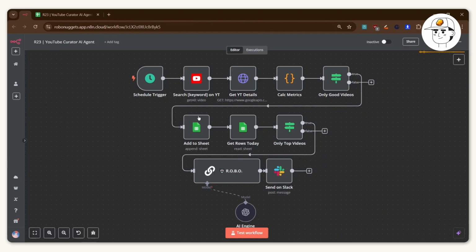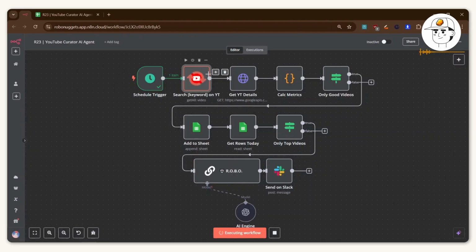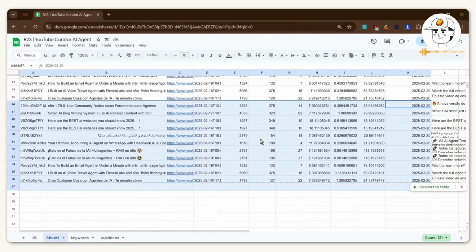Because what this AI agent does is you give it any keyword in your niche. It scours the whole of YouTube for videos uploaded in the past week. Then from those hundreds of videos, you can see there's 510. It filters out the bad ones, copies the good ones into a Google Sheet for your weekly inspiration, then takes